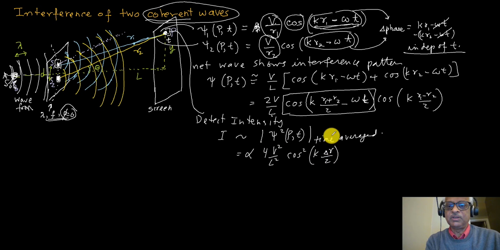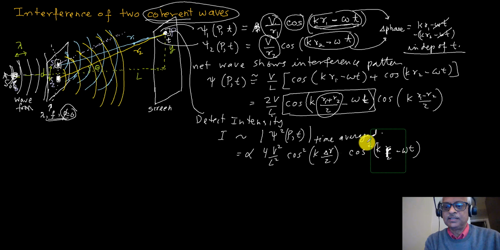These are all independent of time, and this is the only thing that has a time in it. So cosine square k, let's call this average part r over 2 minus omega t. So what is the time average of this thing? So we need to do the time average of this,